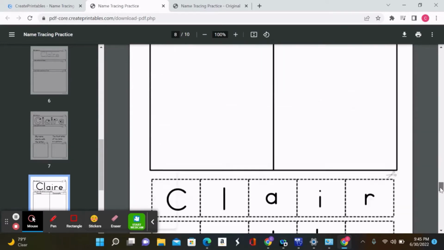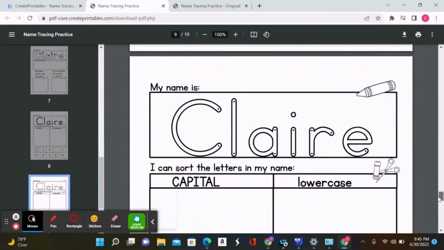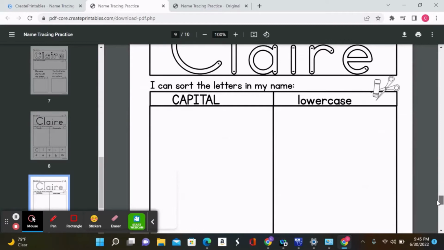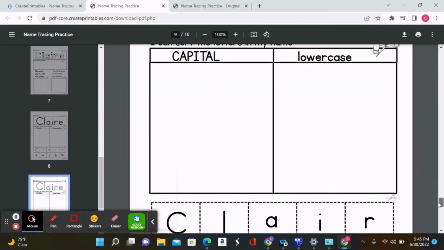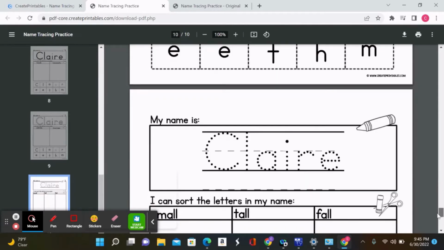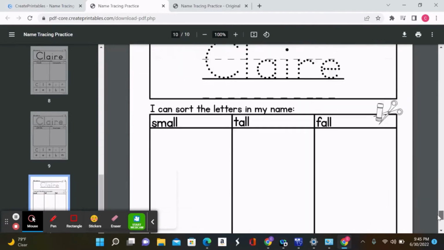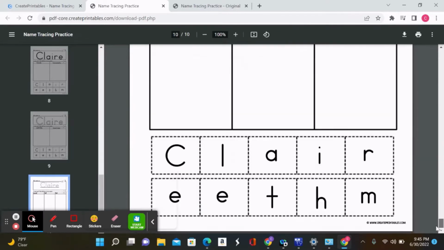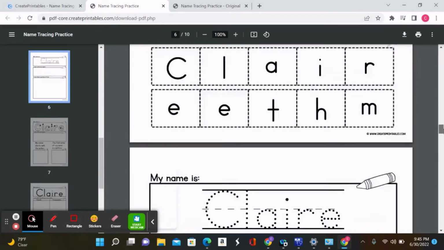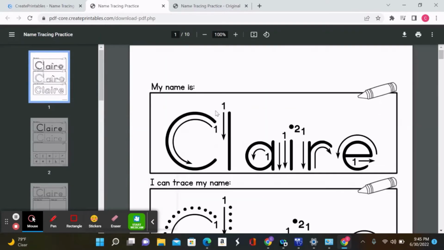This is another one with the vowel and consonant sort. Over here, putting the uppercase, so capital, and lowercase letters. And on page 9, they are sorting the letters that are small, that are tall, and the letters that fall. And actually, this is the last one. So this gives you 10 different pages of activities that you can be using with your child to practice their